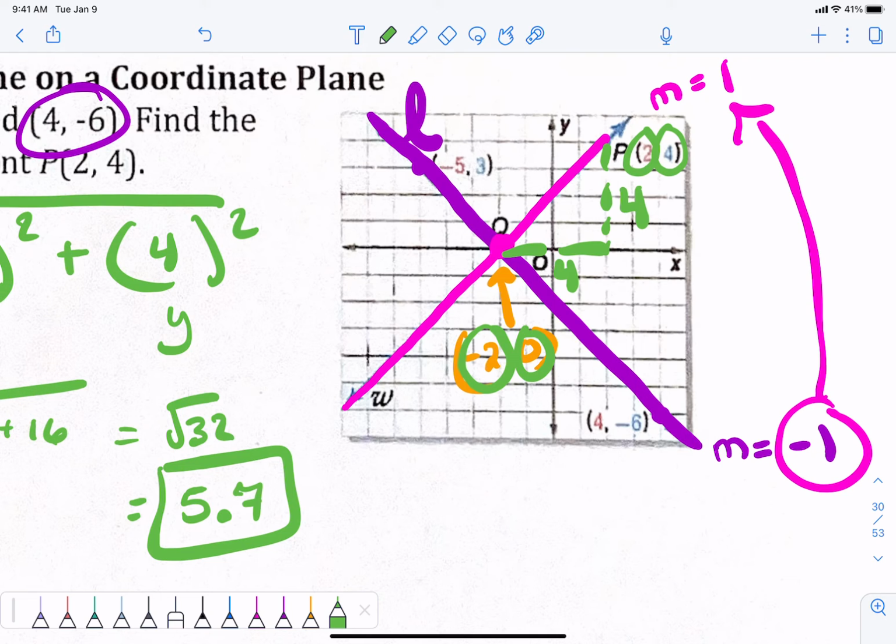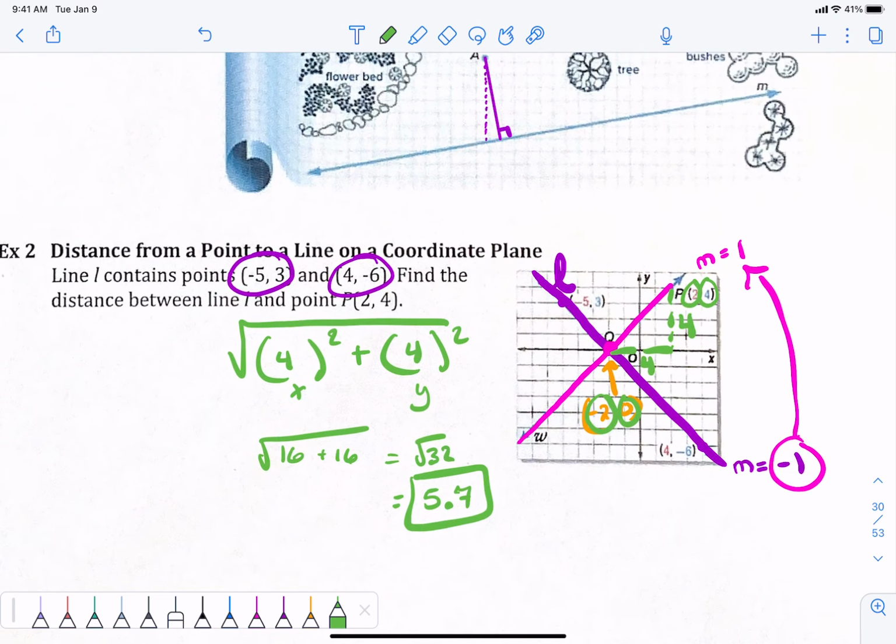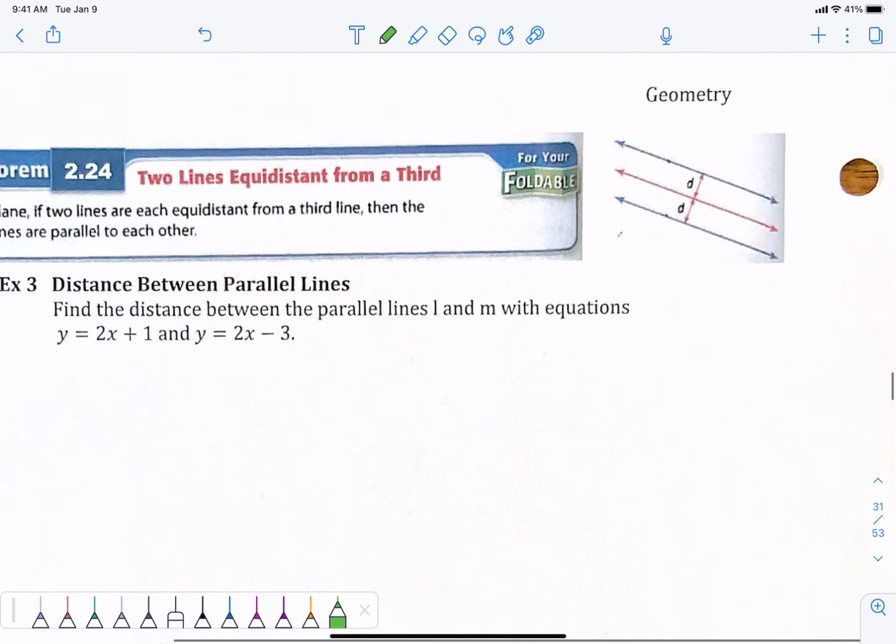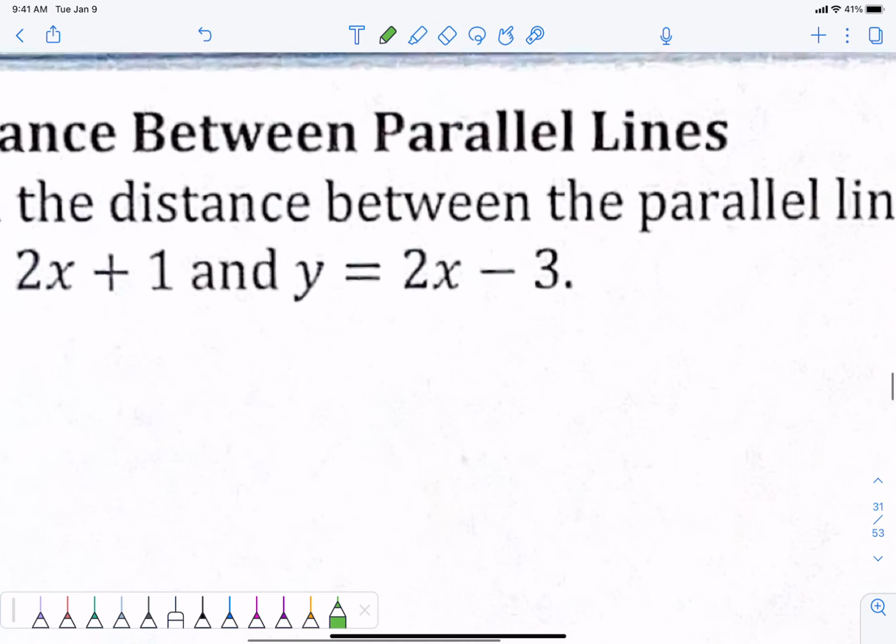Does that make sense? For perpendicular distance, you want to find the spot where they intersect and then go ahead and do your Pythagorean theorem or distance formula work. Okay, good? Happy with that? All right, now on the back side,